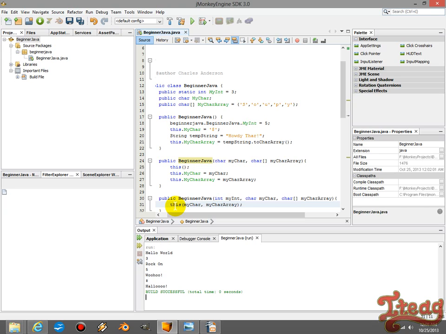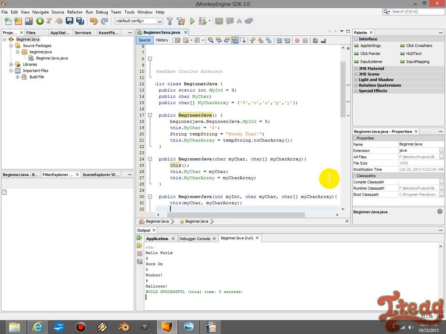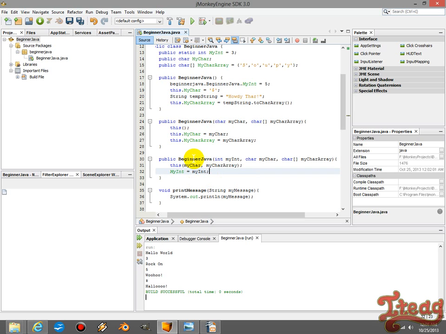Now, there it is. That points at that, and that points at that. And so all I have to do is worry about my int. Well, I can just say my int equals my int. Boop. And of course, the fully qualified name would be that, the beginner Java type thing. And there we go. Now, this is a signature, and the order is also part of it, because if